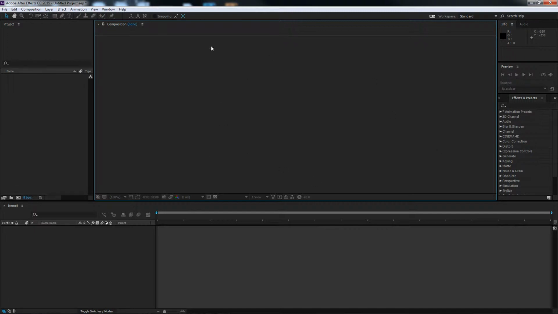Middle part right here is your work area. In this program, it's called a composition. In other programs, it might be called a canvas or a scene or something like that. Timeline is down here with a layers section over here. We'll get into that later. And this project panel is actually quite important because this is where all the stuff you bring in shows up